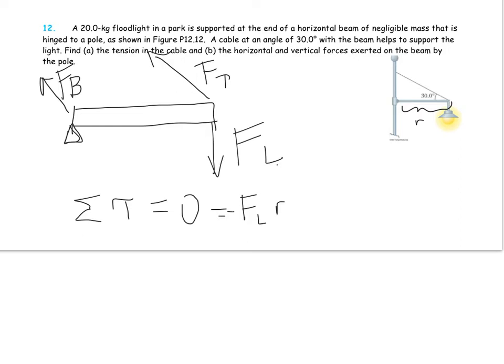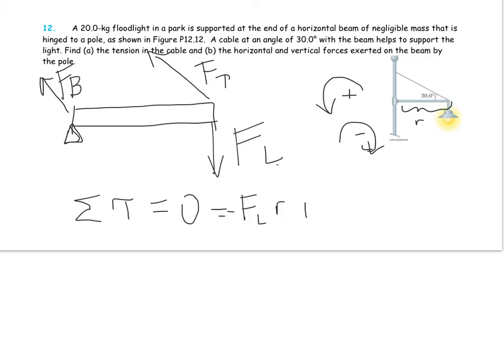I'm going to use my right hand rule, and I know that going this way is positive, going that way is negative. If you're having trouble, place your hand on the paper curved in that way, and you'll see that thumbs up is positive, thumbs down is negative. Alright, so that will be negative,